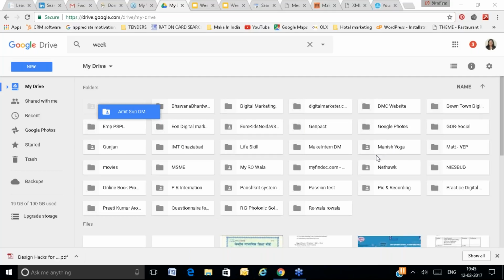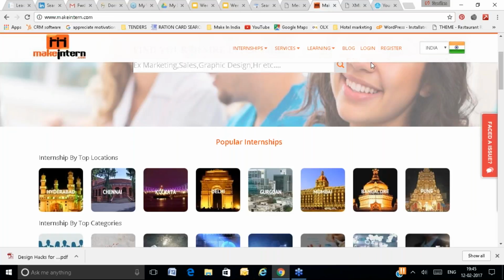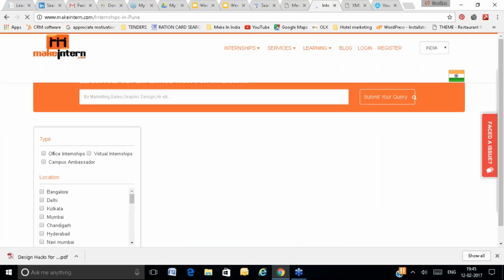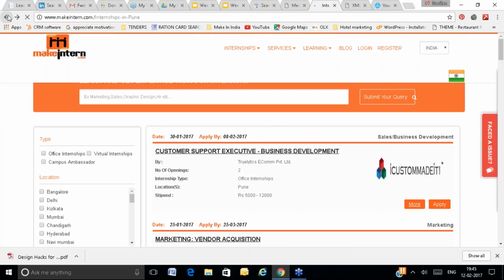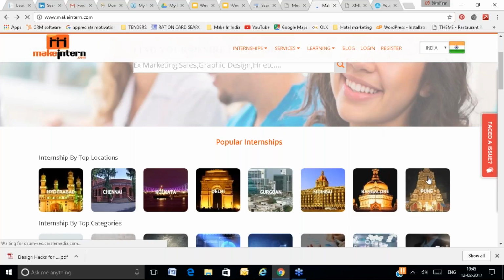Some of you have not understood alt text. Alt text is alternative text. Let's suppose Makeintern is the website, and you can see the images. This image has a proper name and alternative text.